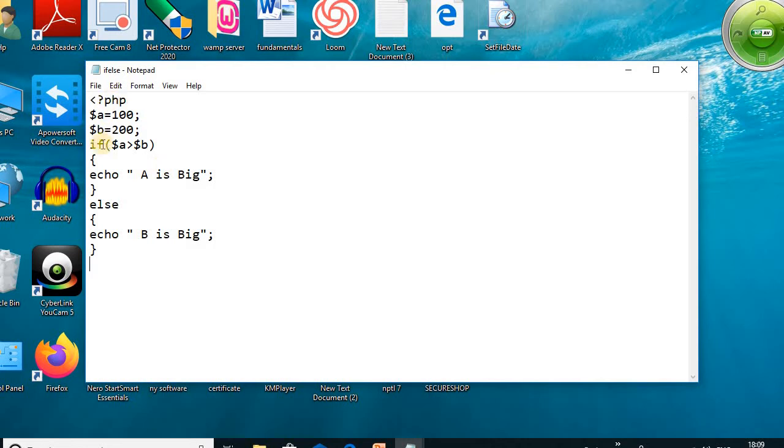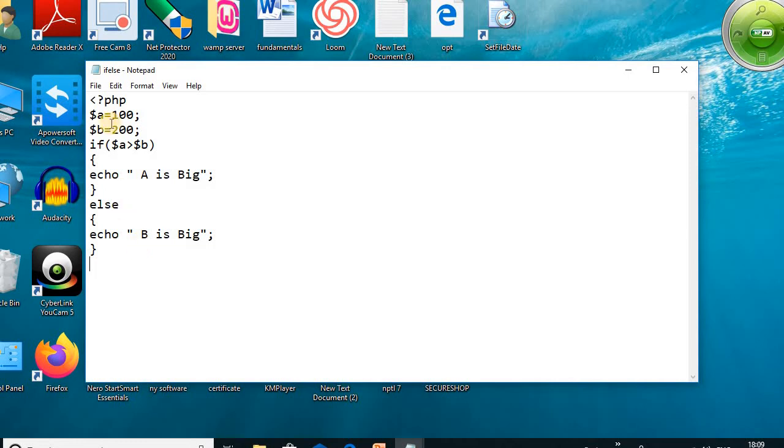So this is compound statement. If dollar A is bigger than dollar B, so if condition is true, then it executes the A is big. If the condition is false, then controller will jump to the else part and it executes the statement B is big.